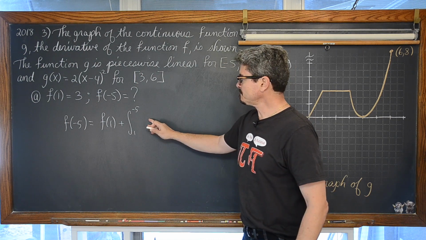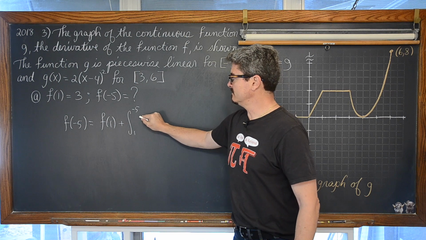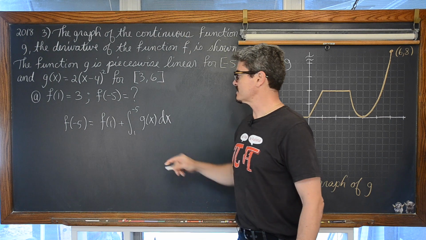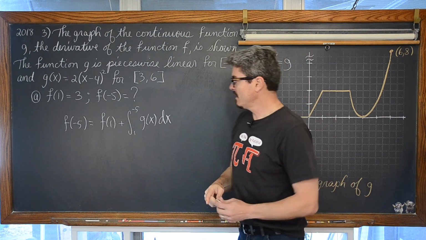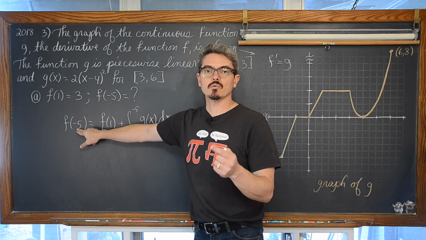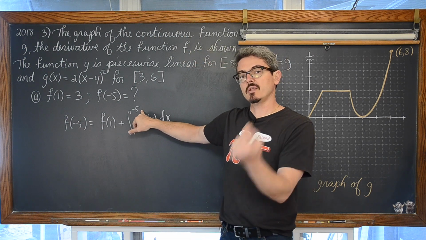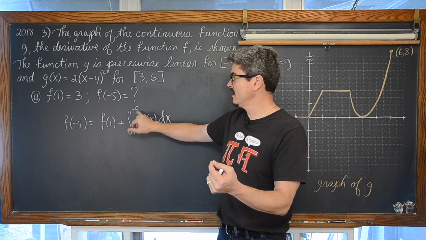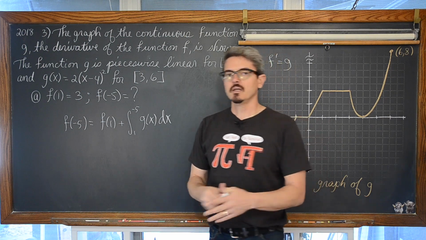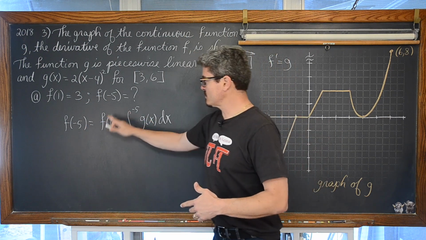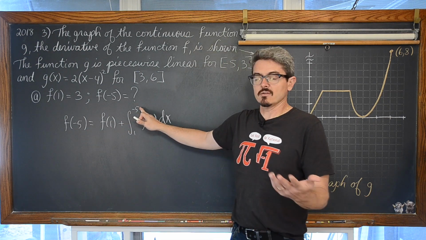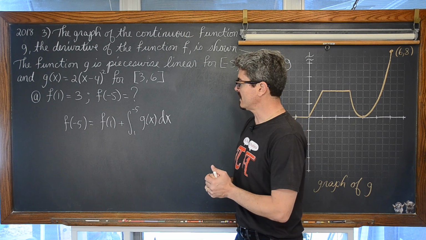And, well, you're going to be integrating f prime of x, or g of x, dx. Now, a couple of things here. I have the specific value of -5. If I were to change this independent variable to x and have my upper limit be the variable of x off of our initial condition value of 1, then you would have what is known as an accumulation function. An accumulation function which is going to tell you the value of this function at any unknown particular value of x. But now we're going to use the value of x, which is -5.